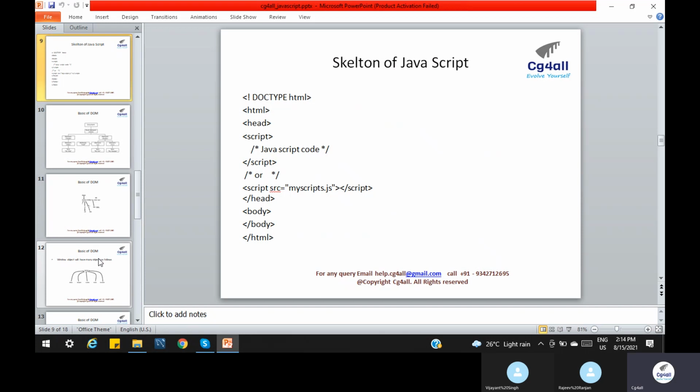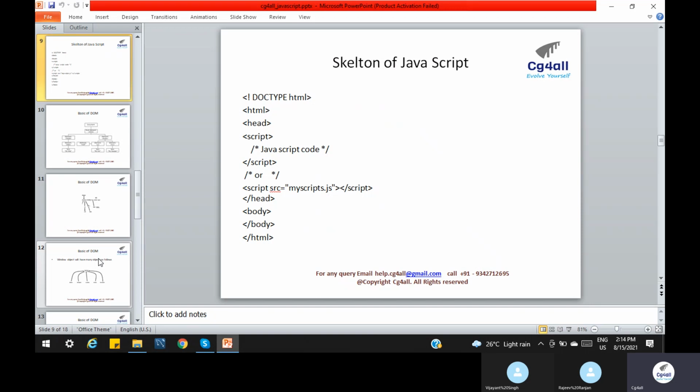Now, let us understand the basic skeleton of JavaScript. How can we write a basic JavaScript program? We write JavaScript inside the HTML code. In any HTML code, we have a head and a body. JavaScript code in general we use in the head part, but sometimes we can use it in the body part also, as recommended.